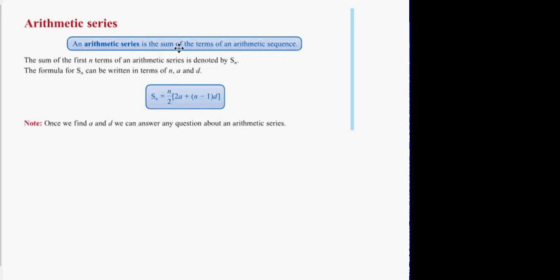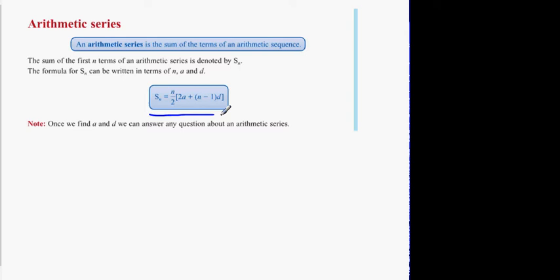Okay, so an arithmetic series is the sum of terms in our arithmetic series. The first n terms of an arithmetic series are denoted by Sn. The formula for Sn can be written in terms of n, a, and d. So basically, for instance, this formula, if I was to